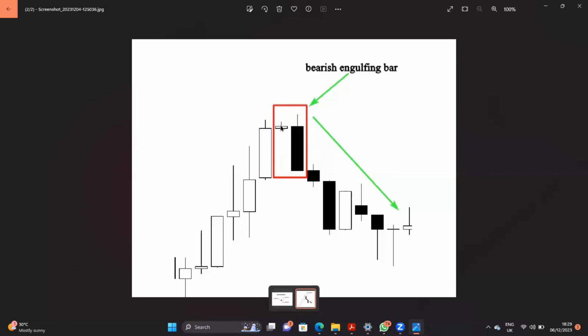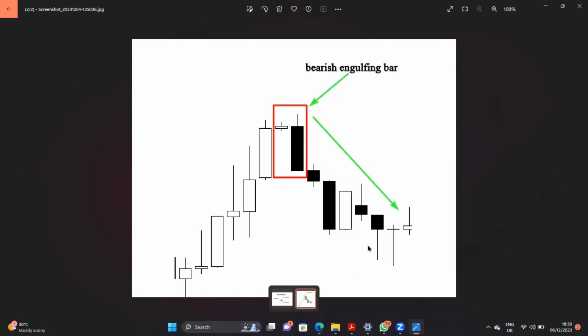What this implies is that sellers have fully engulfed the buyers. That is, sellers have fully taken control of the market. That means it is a signal that there is going to be a reversal. So if a bearish engulfing bar appears on an uptrend, it reverses